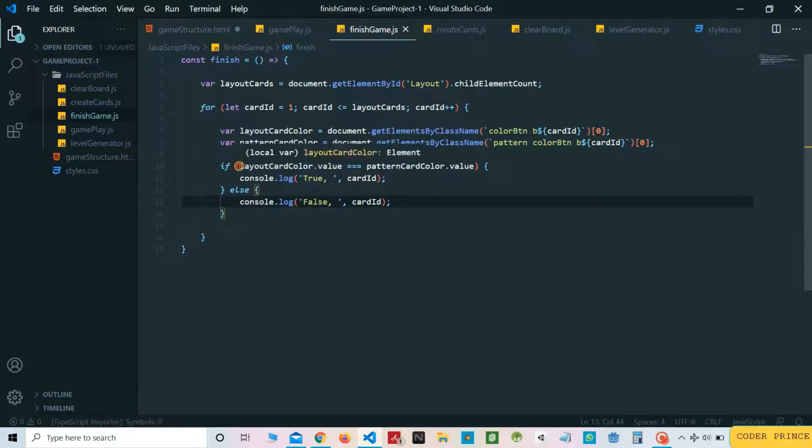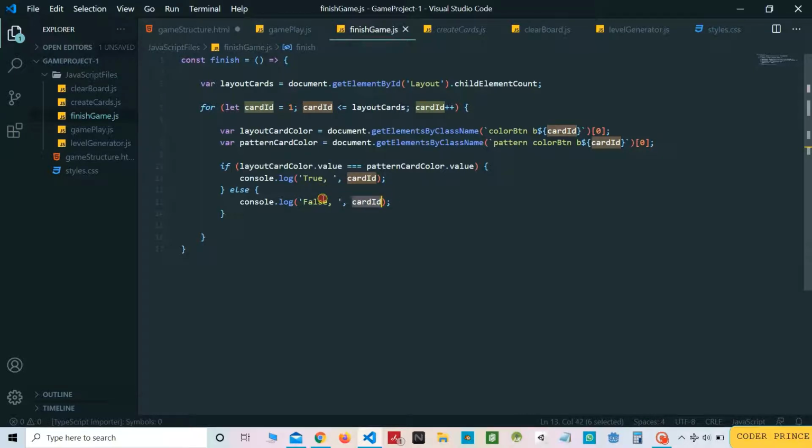This condition basically checks whether the value of layout card color and pattern card color are same. If they are matching, then this will output true with the card ID, and otherwise this will output false with the card ID. So we will get to know which card is matching and which is not.